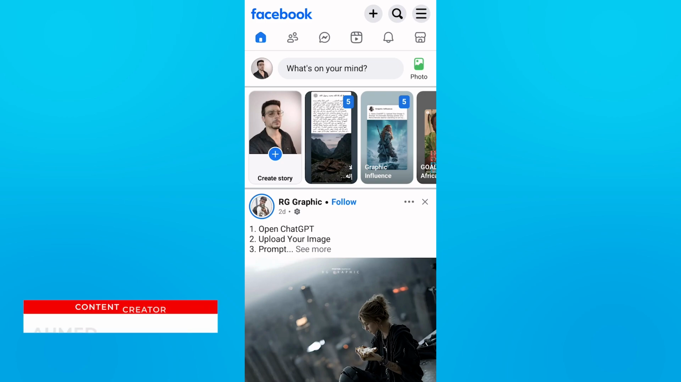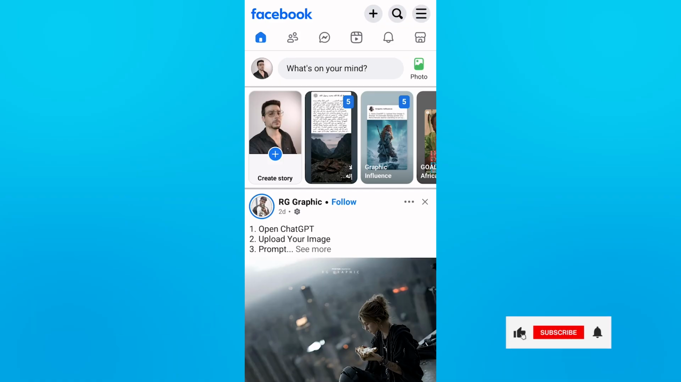My name is Ahmed and in today's tutorial I'm going to show you how to lock your Facebook profile in just a few simple steps. Okay, first open your Facebook Lite app, then tap your avatar here,